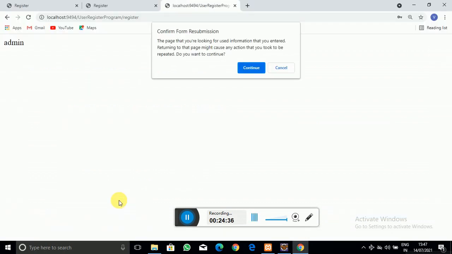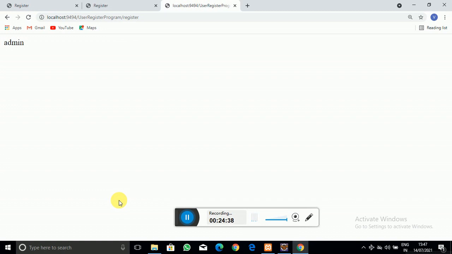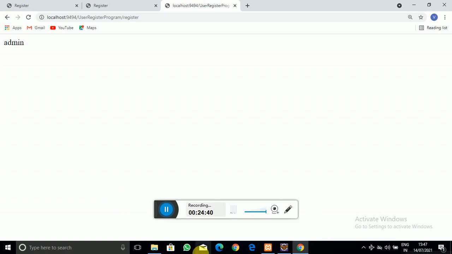Just refresh that. You can see that our other data is also printed onto the browser, so our servlet program has been successfully coded.